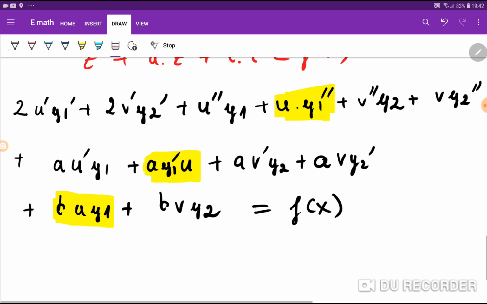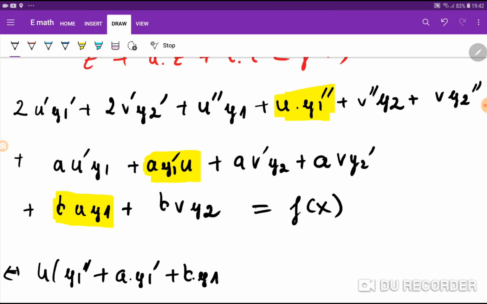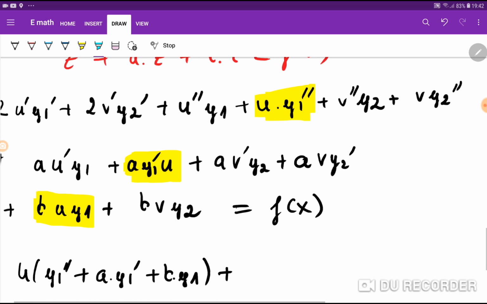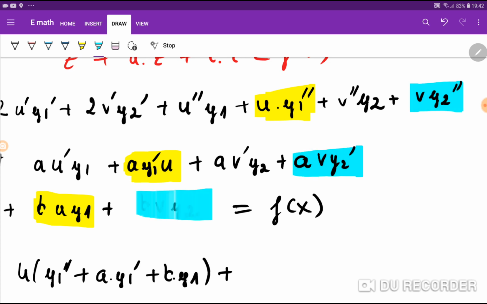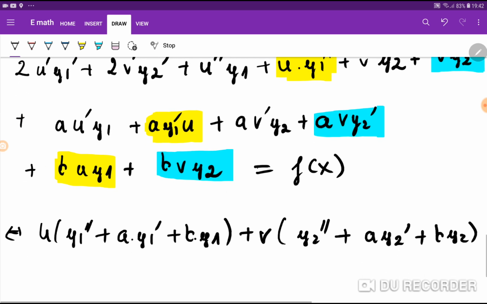So what do we become? That is the first term of the group. What we have is u times y1 double prime plus a times y1 prime plus b times y1. And then similarly I can do the same for v, right? This is because of symmetry. So this one right here, plus v, you have y2 double prime plus a y2 prime plus b y2. Okay, and then the rest of the terms, I'm going to write them down,